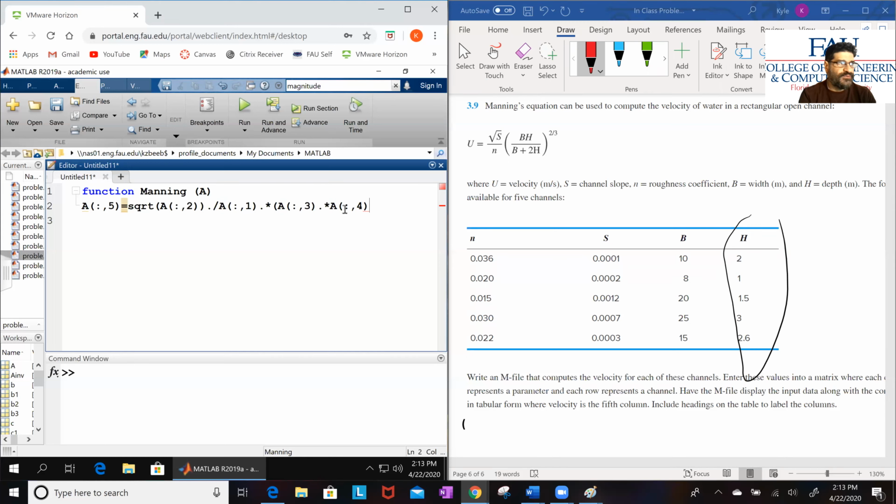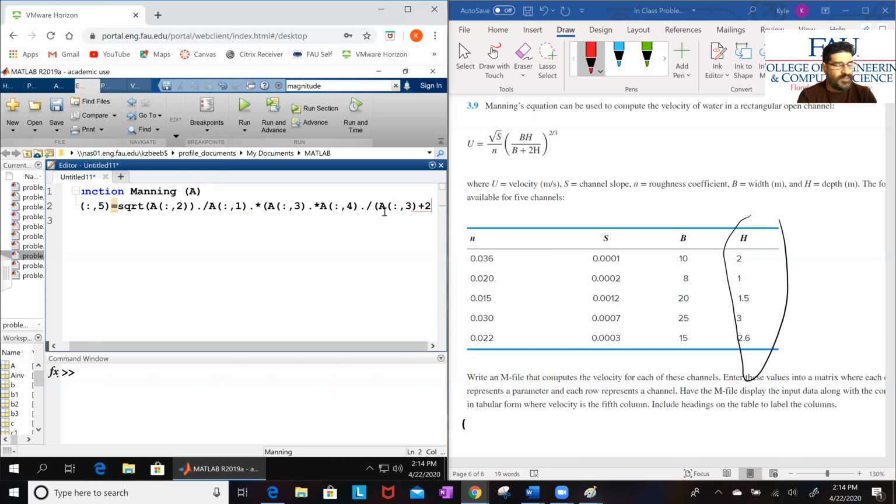And then what we want to do is divide that by B, which is also, again, A of colon, 3. So let me actually do the division here and open a parenthesis and A, again, colon, 3, that's B, plus